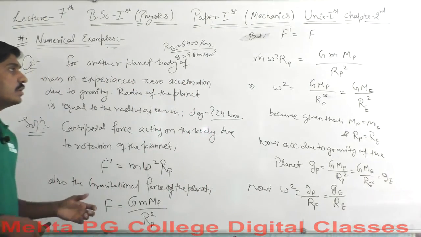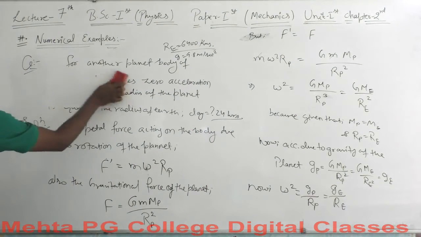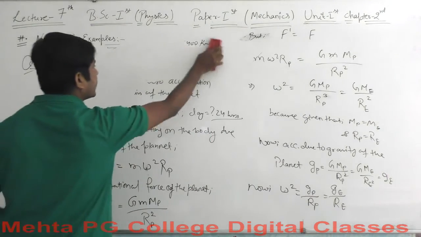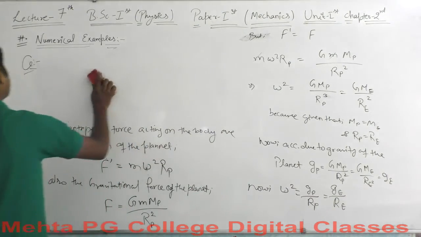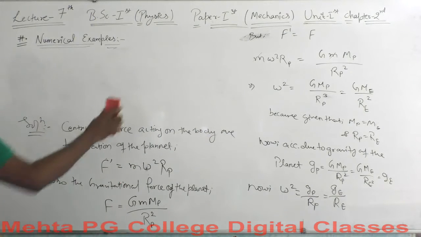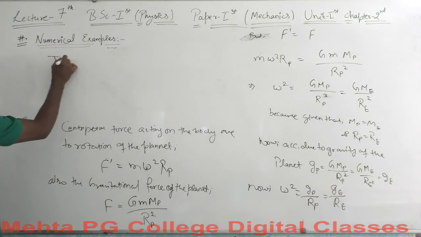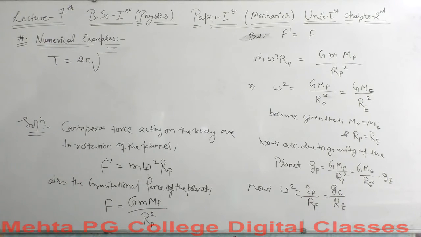Okay, so let's find out the time t here. I think the statement is no longer needed here. We do not need the statement again and again. We just need the results that we are supposed to come up with. So the time t will be equal to 2 pi under the root rp over gp.